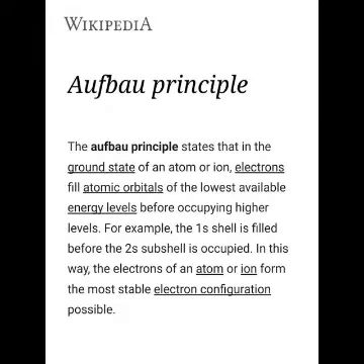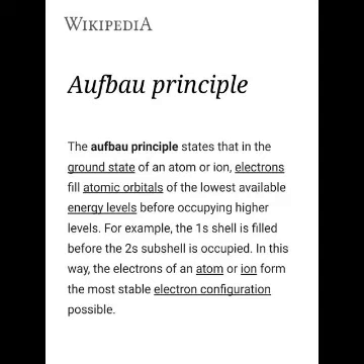Next one is the Aufbau principle. This principle gives us information about the energy of the orbitals, and this energy can be easily calculated by a small rule, that is the n plus l rule. What is the n plus l rule? According to Aufbau, the energy of hydrogenic orbitals is found to depend on the principal and azimuthal quantum numbers, that is n and l. Orbital energies increase as the n plus l value increases.